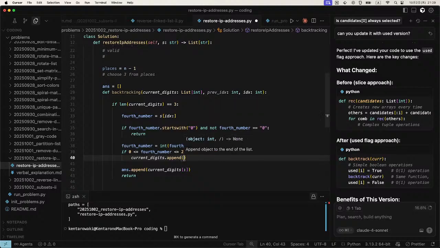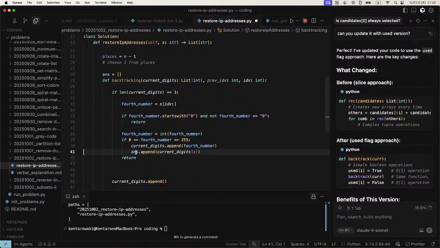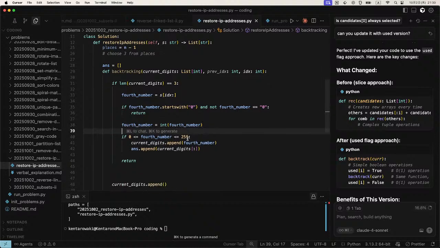In this case, we can append the fourth number to the current digit list, and this is a valid IP address, but